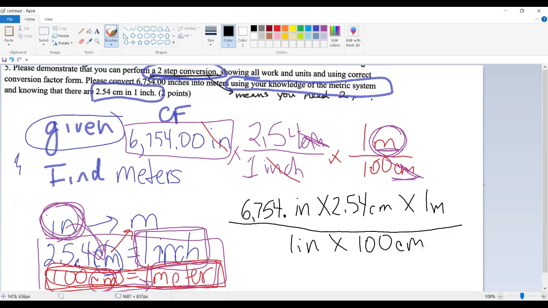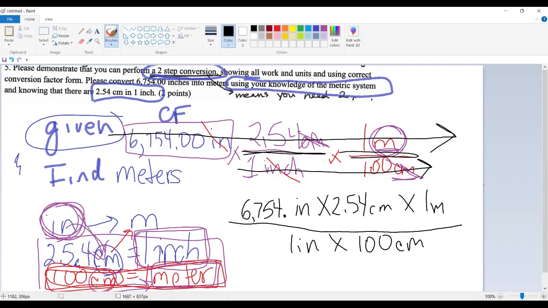Essentially everything on the top is multiplying across. Everything on the bottom is multiplying across. But people have to stay in their lanes, okay? Your people who are in the numerator, people who are in the denominator. The only way to get these people up is to divide them, right? So you're going to divide this by these numbers,